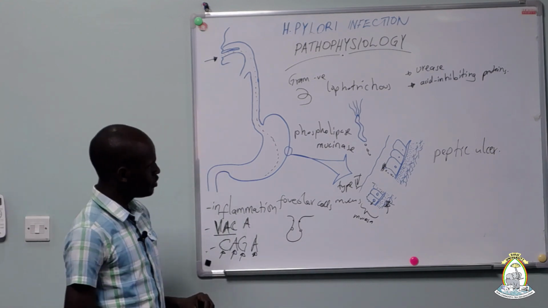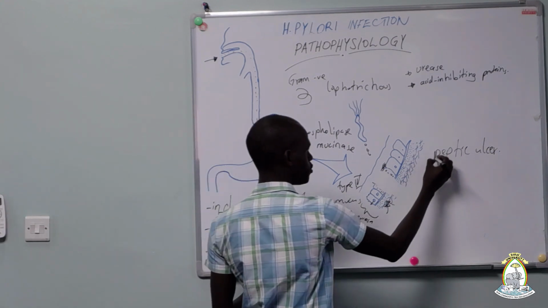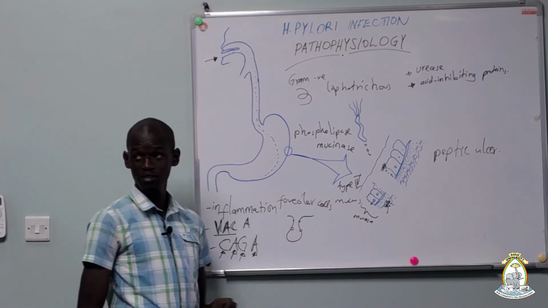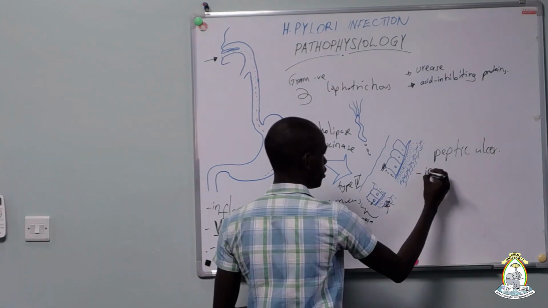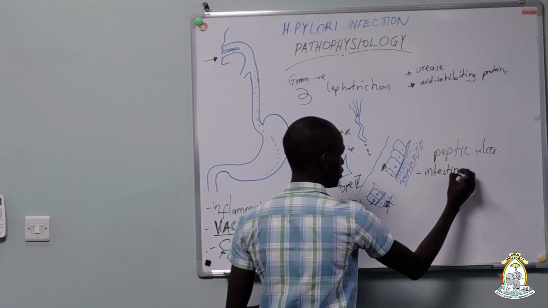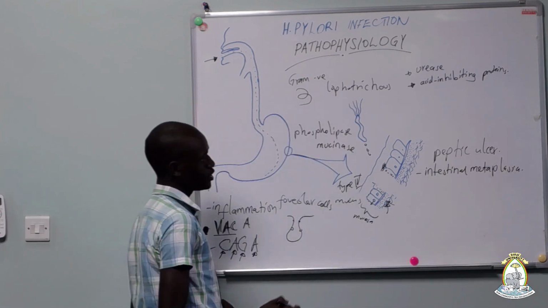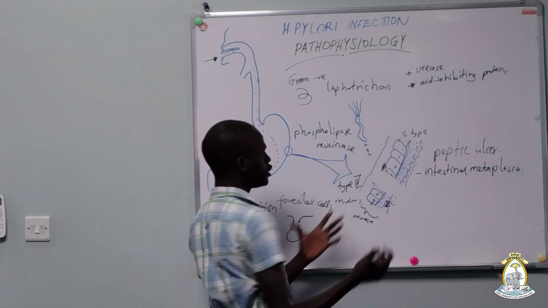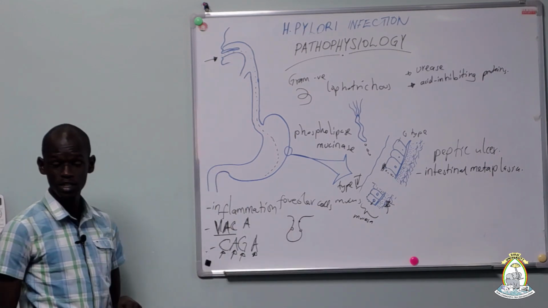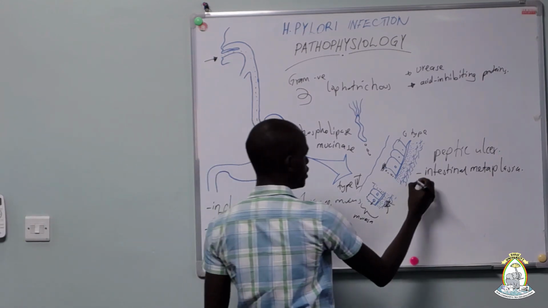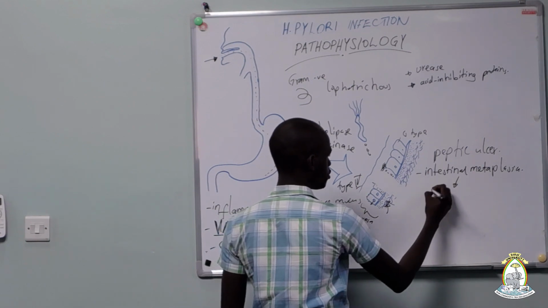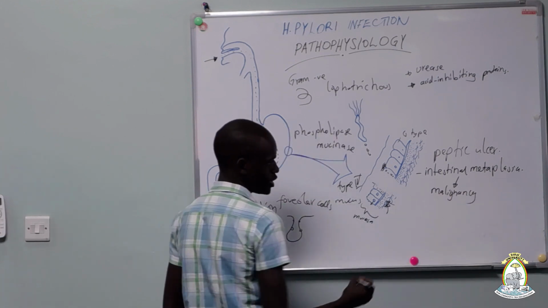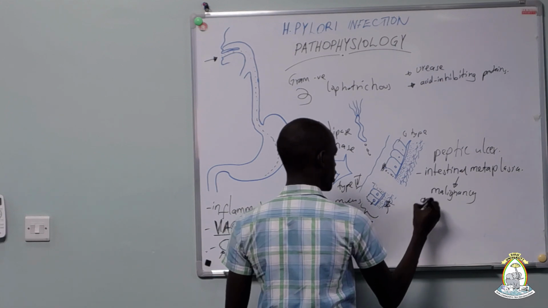So there are other events that happen with chronic infection with H. pylori. Once this damage goes on over time, these cells have different responses to the injury. One of the responses is intestinal metaplasia. So what this simply means is that we have the gastric type epithelial cells changing into the intestinal type epithelial cells. And over time, as injury is sustained, it will actually progress to malignancy. There will be malignant change. So in this case, we are actually worried about the gastric